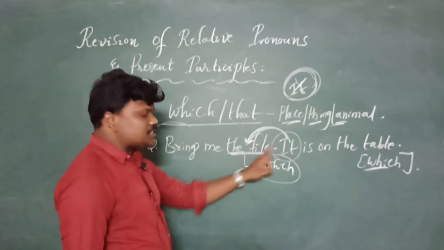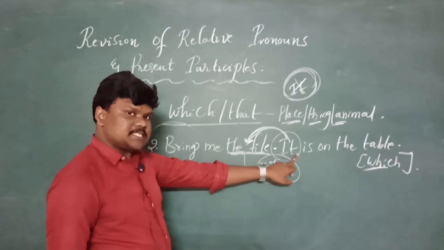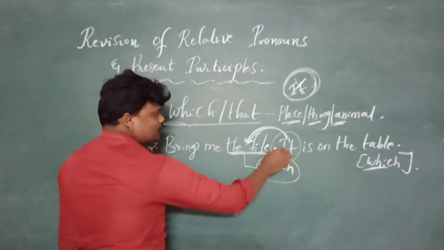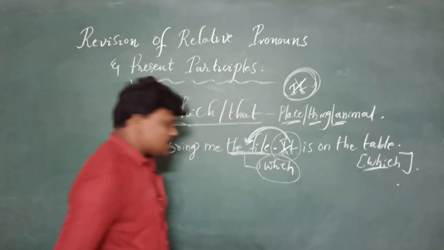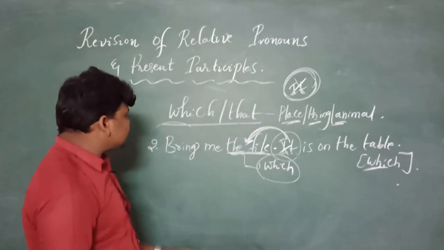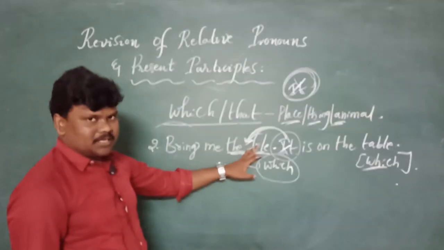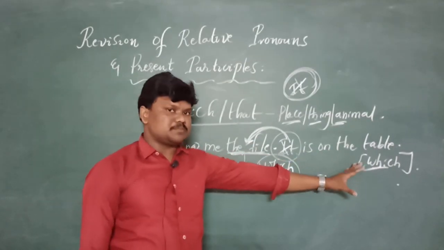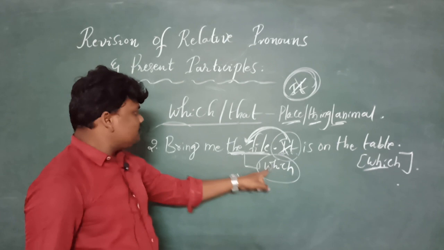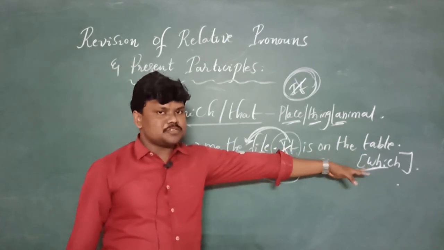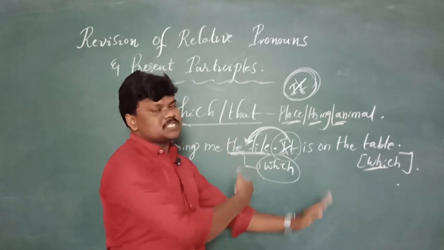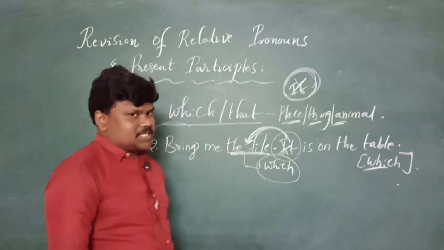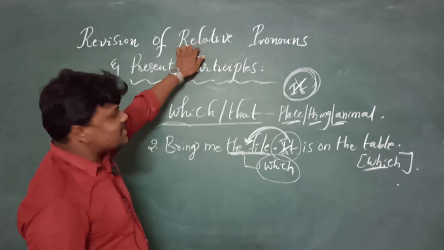This pronoun is very closely related to the noun, so that's why it is called a relative pronoun. We don't want to write the same thing two times together as it is a single sentence, so we need to remove it and combine the two sentences with a full stop. So what might be the answer? Can you guess it, my dears? Bring me the file which is on the table. Very simple. Bring me the file which is on the table, with a full stop at the end. Don't use any comma in the middle. Don't use any conjunctions in the middle. Well, yes, I hope you are clear on relative pronouns.